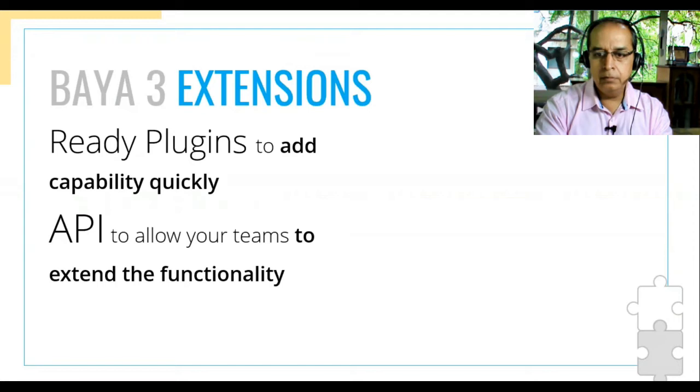First time again in one of our products, right? You can get a lot of ready plugins which add capability quickly. So you need not wait for Mithi to generate features or develop features for you. You might find ready plugins which are built for our platform, which you can simply put and get going. Another first is APIs. We've enhanced the APIs which we have available on our system, and now you can use them to extend the functionality of the client.